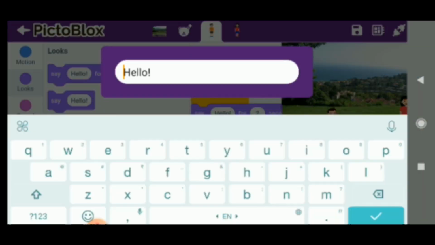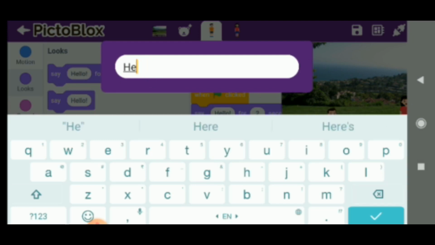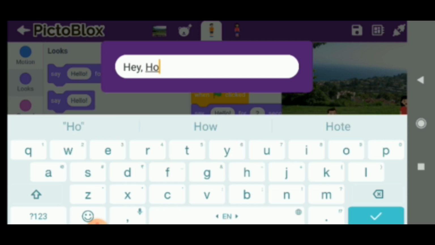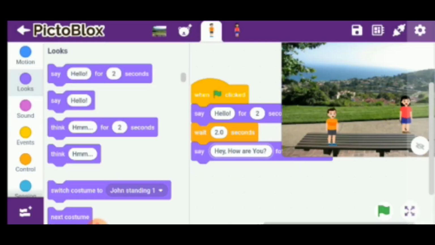Instead of hello we can change the text. Hey, how are you? I will add the text. Yeah, here I have added one text.